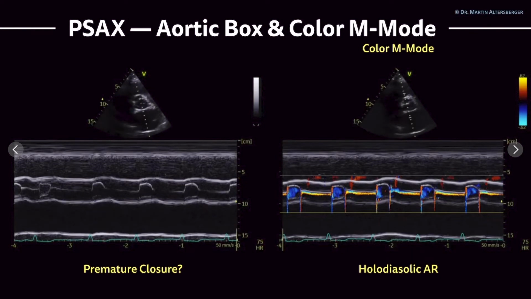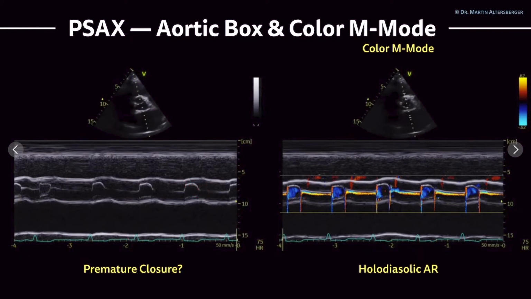When we use M-Mode, we see that this resembles the opening and the closing of the aortic valve. This is the M-Mode and the so-called aortic box. So this is diastole and this is systole. We do see that there is a certain degree of premature closure of the aortic valve and it doesn't open